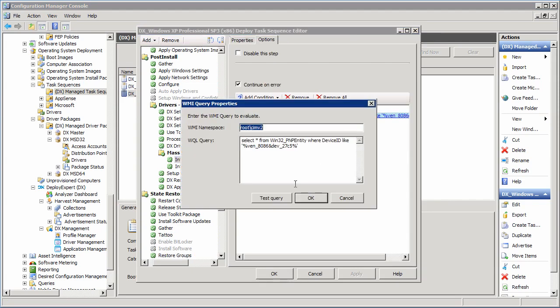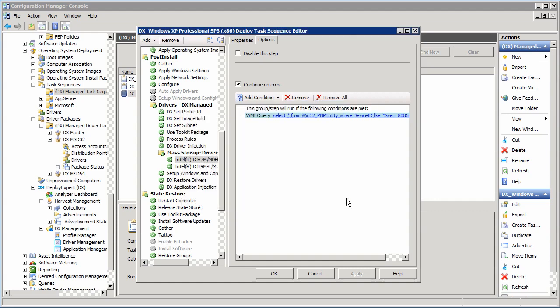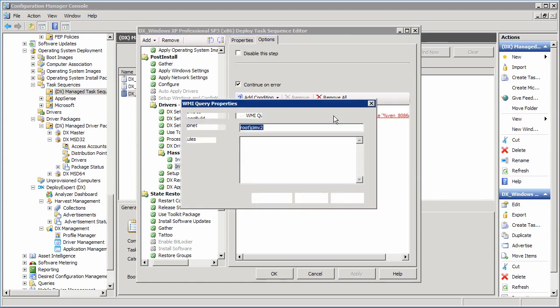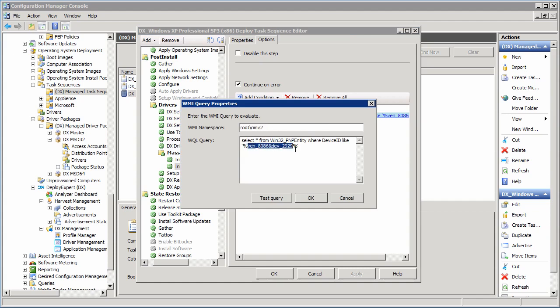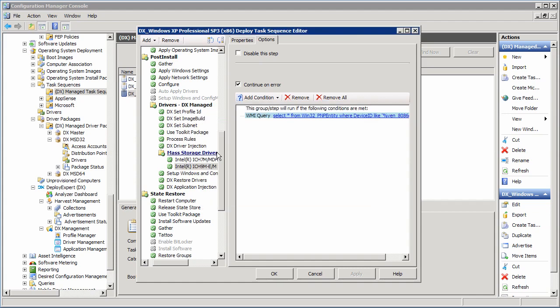And this step will only run if a quick WMI query detects that that exact device is present. And if it's not, it'll skip that step. And then here we see that it's looking for a different device. So now we've got predictability and automation around the mass storage pieces with Windows XP, which solves a lot of